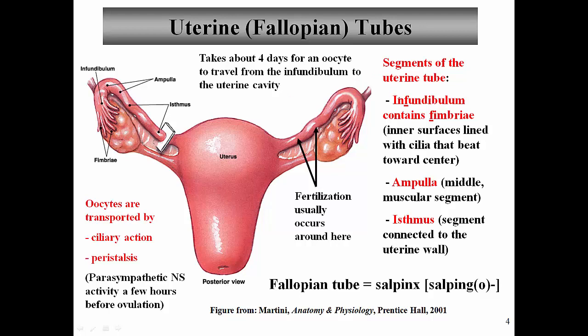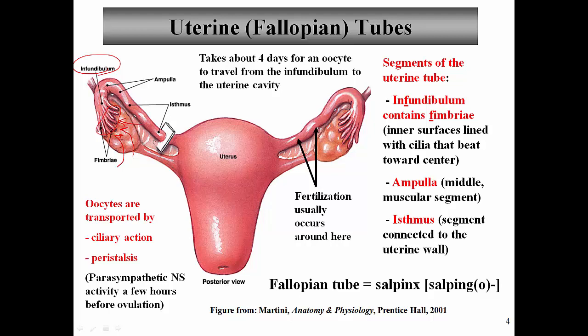The first segment is known as the infundibulum, and you see that here. This is the end that's basically closest to the ovary. You'll notice these finger-like projections on the end of the infundibulum. These are basically projections that cover the surface of the ovary so that an egg that's being ovulated will be taken up. Now the inner surfaces of the fimbriae and this portion of the uterine tube have cilia that basically beat toward the center, and what that does is create fluid currents that basically drive the fluid this way so that an egg that's ovulated from the ovary has more of a tendency to go into the uterine tube rather